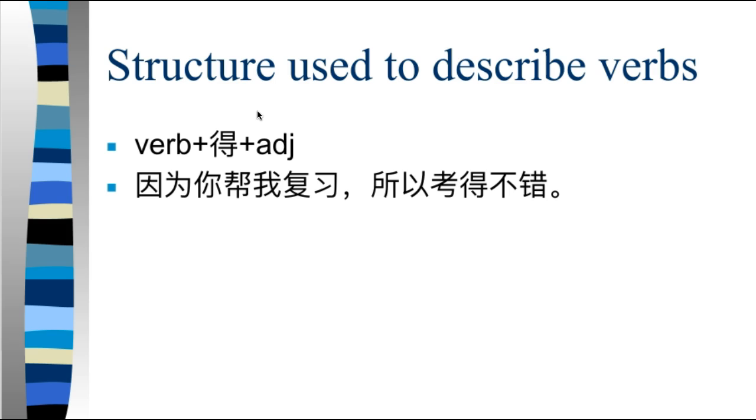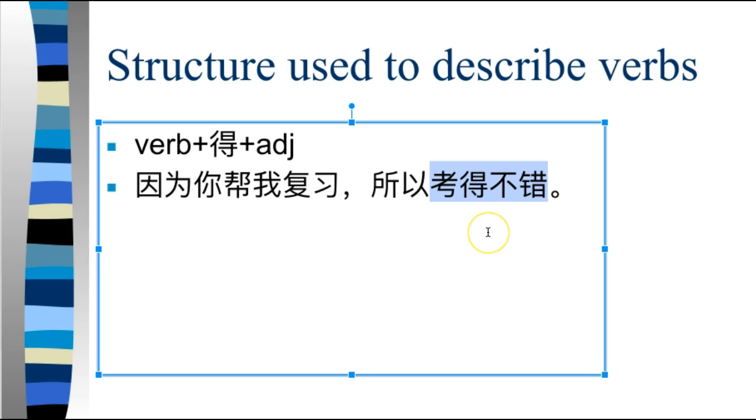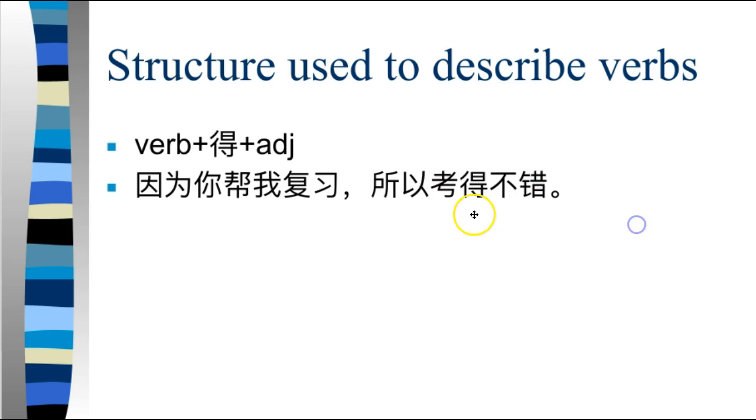So how do you describe a verb? Like, for example, how do you say, oh, you sing really well? You write really fast. You have to use this structure, verb plus 的 plus adjective. Let's look at an example. 因为你帮我复习 review, 所以考得不错. So the structure here is 考得不错. The verb is 考, to take a test. 的 means nothing, it's a structural particle to connect the verb and the adjective. 不错, not bad. How is the test? 你考的怎么样？我考的不错。